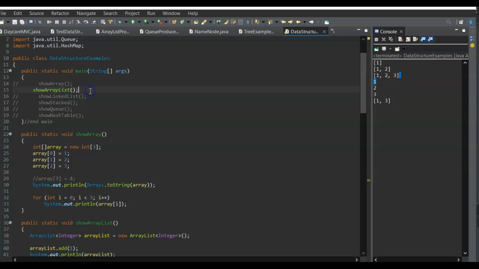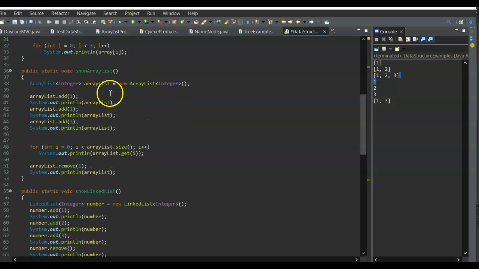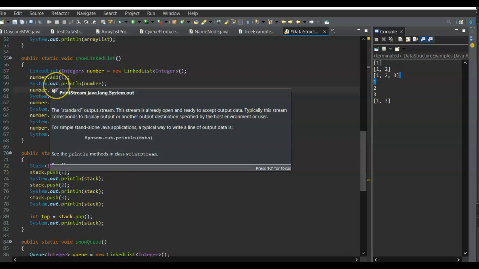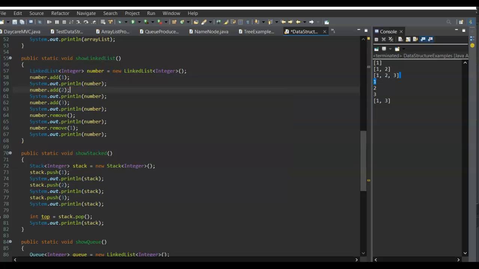And now I will show a linked list, which is similar to an array list. Here's my method for a linked list. It's similar because you initialize it like an array list, and you still use the same types of methods like add and remove. The difference, though, is that a linked list contains items linked together, and to add a new item, it has to be put into a new container and linked to an existing container.